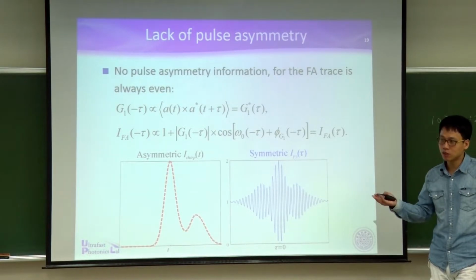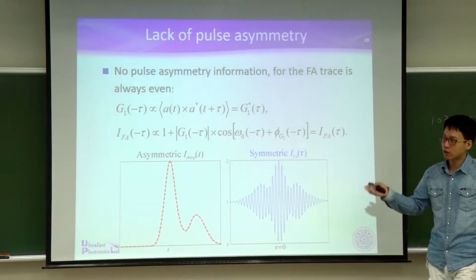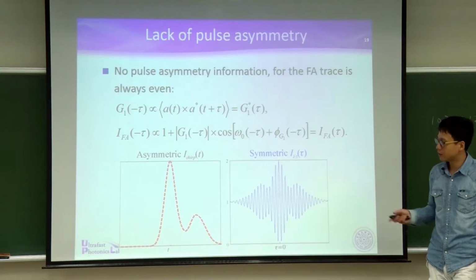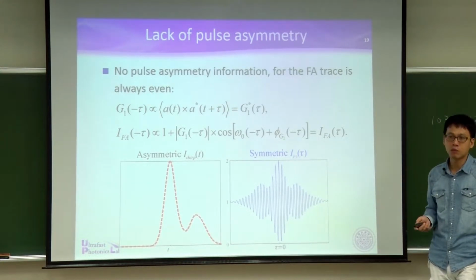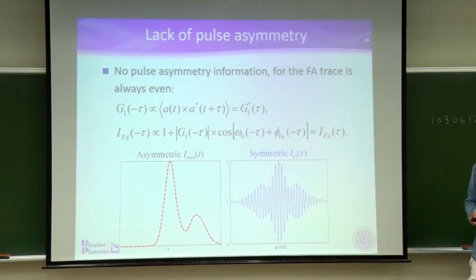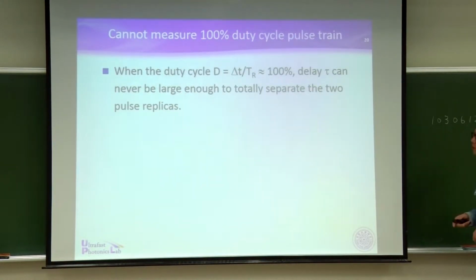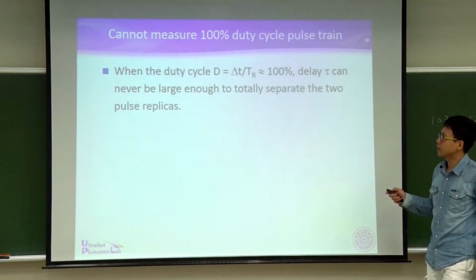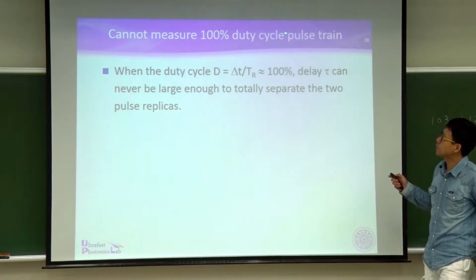The pulse's rise edge and fall edge are different, but the autocorrelation trace cannot show it. You cannot see any of this asymmetry information; it all disappears. The third issue is it cannot measure 100% duty cycle pulse